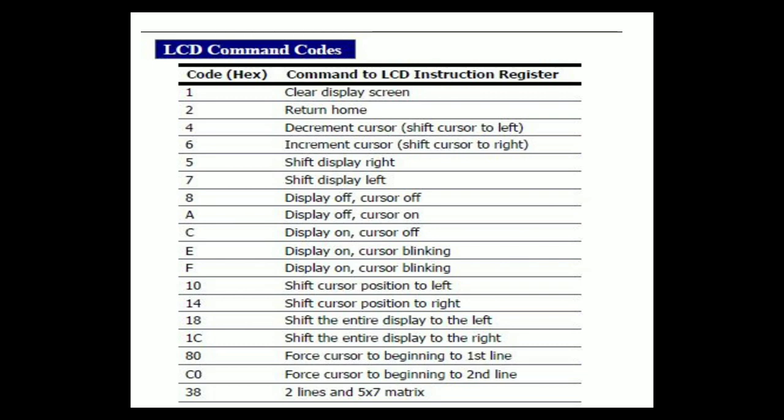So for every operation, we have a related command. And through these commands only, the LCD will get to know what it has to do. I think everybody has understood. So these are the various commands used for LCD related operations. Hope everybody has understood this. So let us get into much more depth of this one.